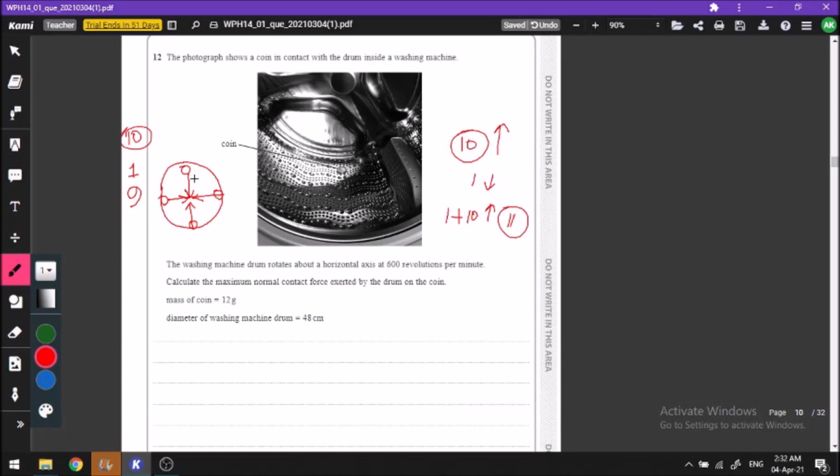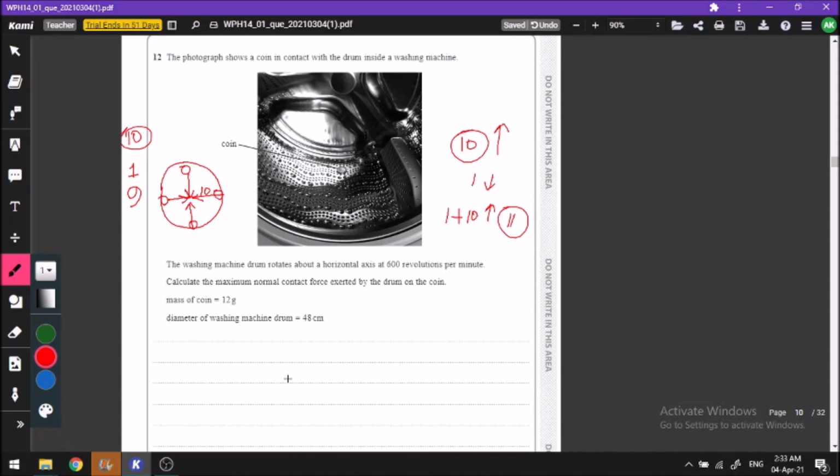So this is the concept behind the minimum normal reaction force, which is in this position, and the maximum normal reaction force, which is in the bottommost position. And when the coin is in this position, the effect of weight is not there. The normal reaction force will be 10 Newton and 10 Newton respectively, here and here. So this entire 1 Newton, 10 Newton, 9 Newton thing was made up. It was not according to the question. Now we will go into the question itself.